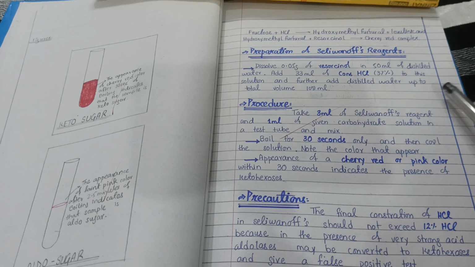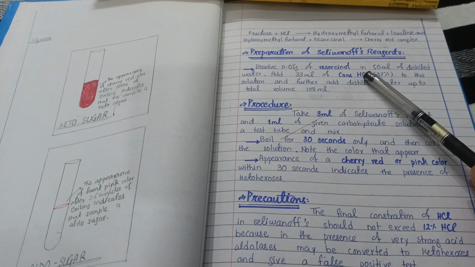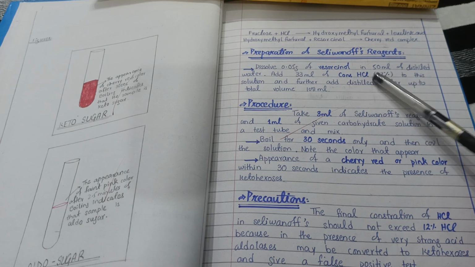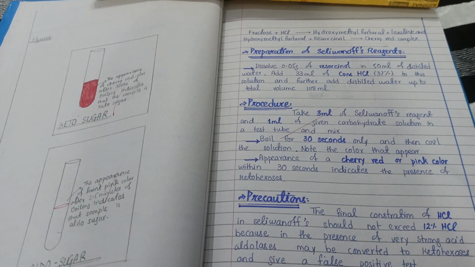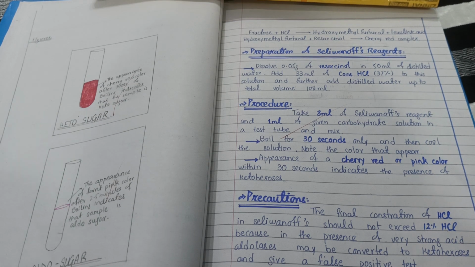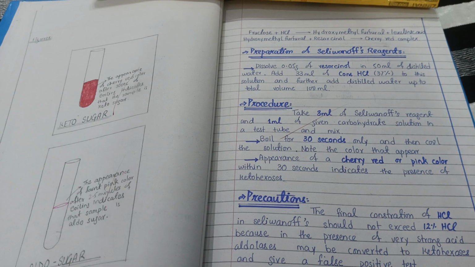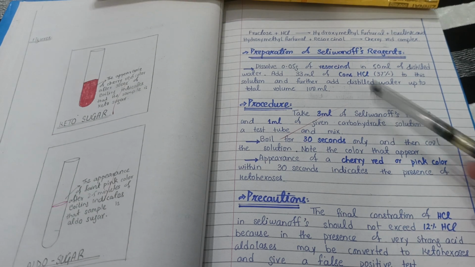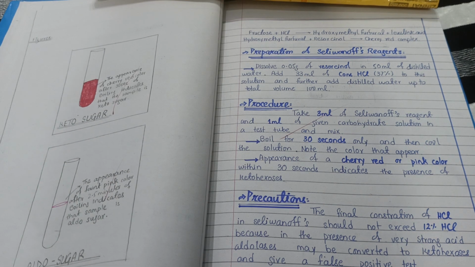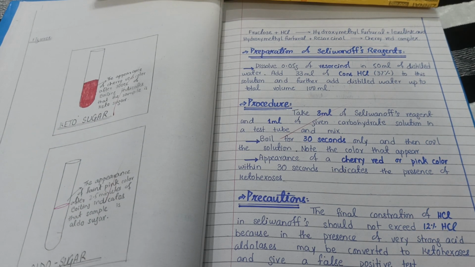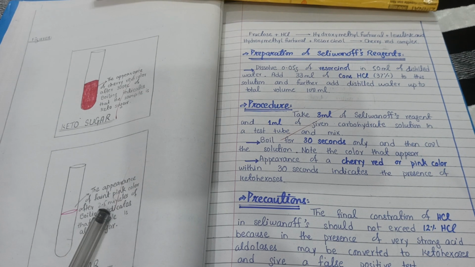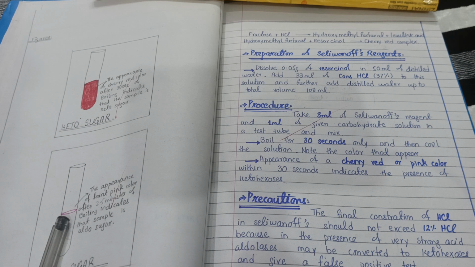सो प्रिपेयर कैसे करना है, आपने इस रिएजेंट को, आपने रेसिनोल लेना है 0.5 ग्राम, और उसके अंदर डिस्टिल्ड वाटर ऐड करना है, और कंसनट्रेटेड HCl डालना है 33 ml। सो प्रोसीजर आपका इसमें सिंपल सा है कि आपने जो रिएजेंट है वो आपने ज़्यादा लेना है और कंपाउंड सिर्फ 1 ml लेना है। ठीक है, यहाँ देख सकते हो रिएजेंट का 3 ml है और कंपाउंड की सिर्फ 1 ml है। सो बॉयल करेंगे आप इसको 30 सेकेंड के बाद आपको चेरी रेड या पिंक कलर मिलेगा, ठीक है। और पिंक कलर की सिर्फ रिंग मिलेगी, जैसे आप यहाँ से देख सकते हैं कि 2.5 मिनट्स के बाद यहाँ पर एक फेंट पिंक कलर की